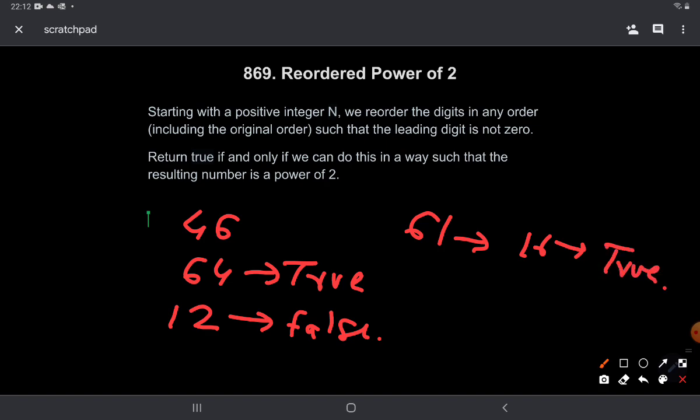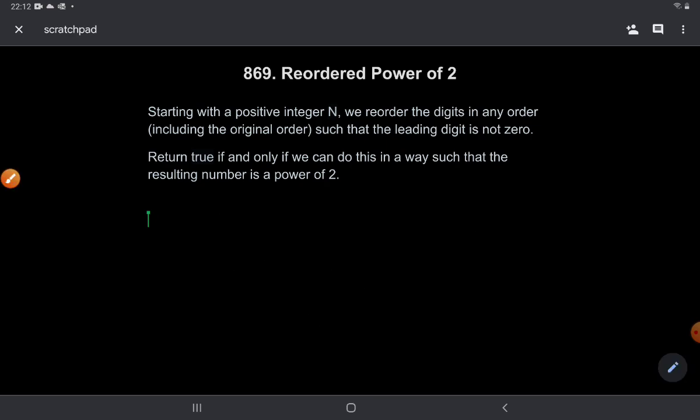So how could we go about solving this problem? The key thing to note over here is that if you arrange the digits of the input integer in ascending order, and also arrange the digits of the power of 2 in ascending order, then both of them would be in ascending order, so they would be the same if the digits comprising the positive integer n can be permuted in such a way to constitute a power of 2.